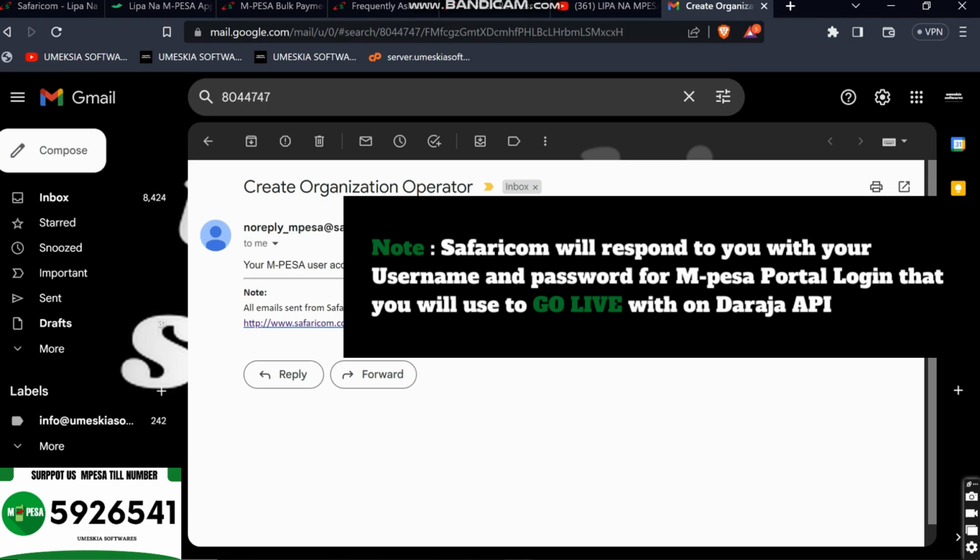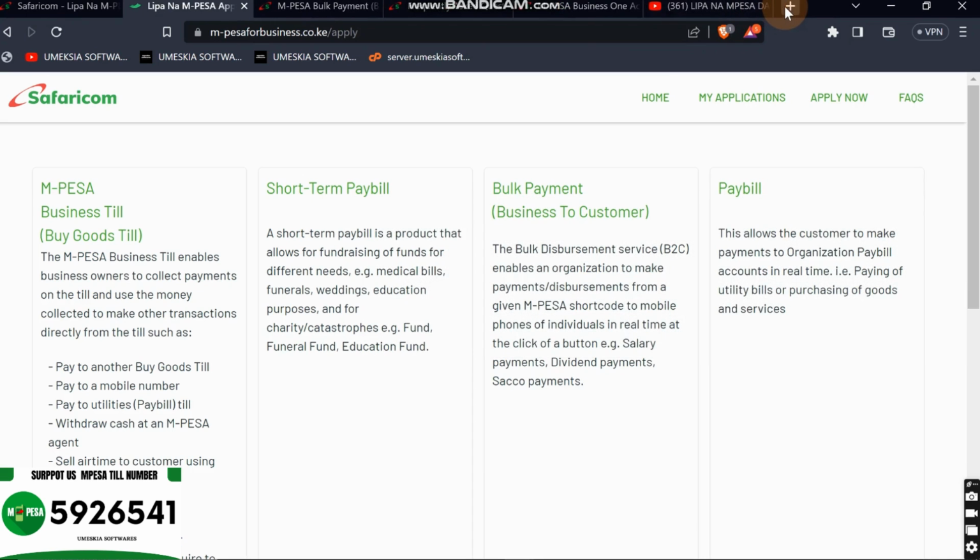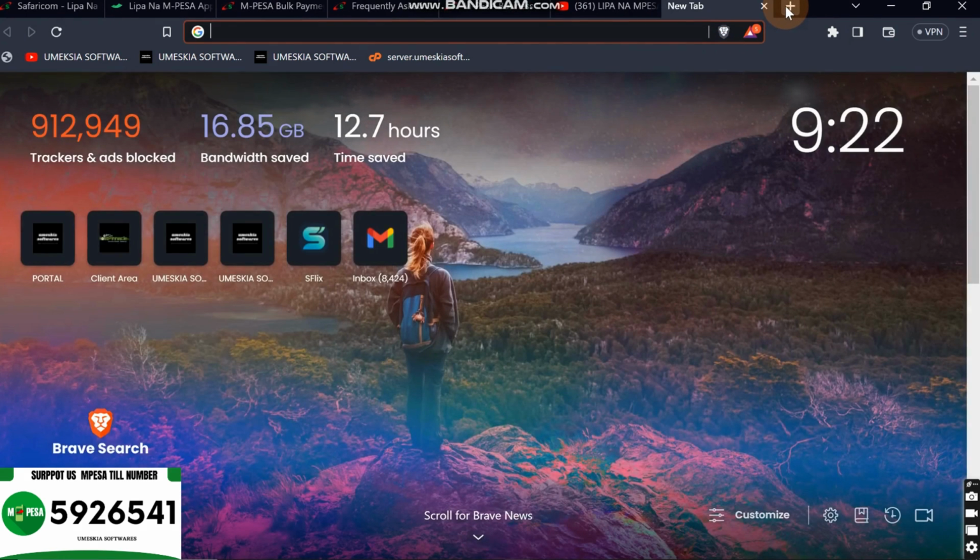Then the organization name that you entered there has been created, and your username is that, and your password is that. So I will display a dummy one here so that you can understand. So that's what they will reply to you. Now after you've gotten this message, the next process that you are going to do, you are going to log back in to your Daraja API,